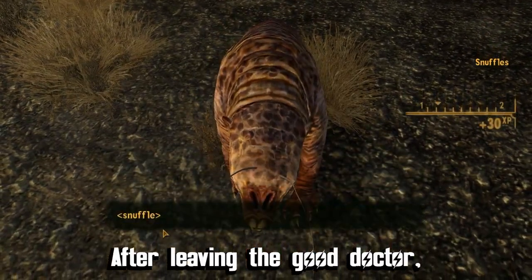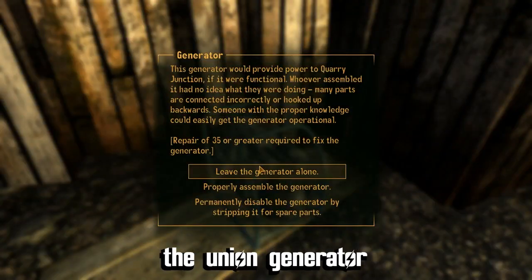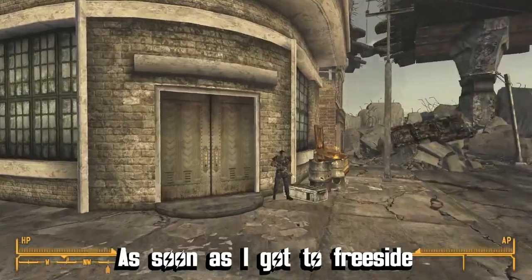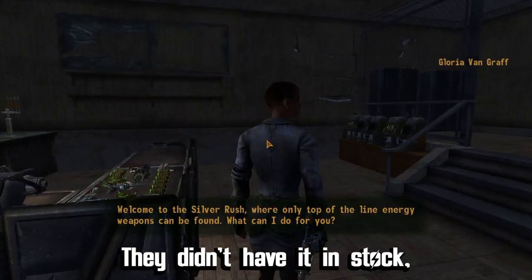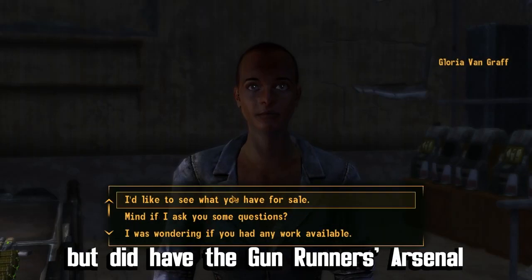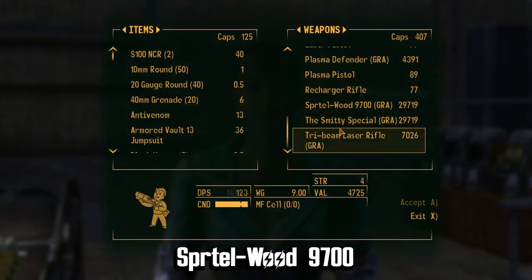After leaving the good doctor, I rushed to Sloan and healed our beloved Snuffles and his best friend, the Union Generator. As soon as I got the free sign, I ran to the Silver Rush to get a quote on what my choice of weapon would cost. They didn't have it in stock, but did have the Gunrunner Arsenal's unique version, the Spurtlewood 9700, which ran for